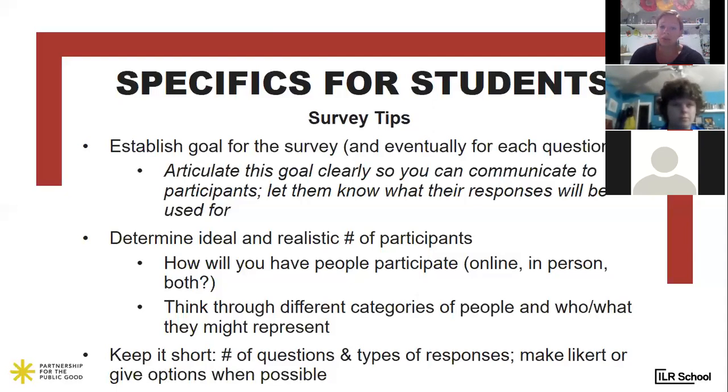Think through different categories of people and who or how they might be represented. So for example, we worked in schools. An elementary teacher would have a lot different answers than some of our high school teachers, both for the level of student and for the subjects. Sometimes people teach different subjects, sometimes they teach multiple subjects, but also if you're a woman who's a teacher versus if you identify in a different way, how is that going to impact the way that you answer